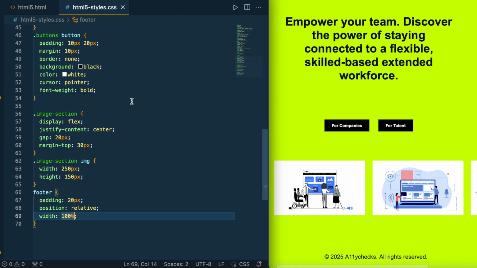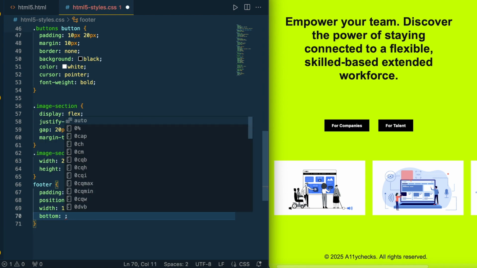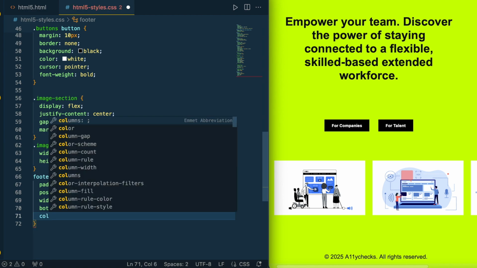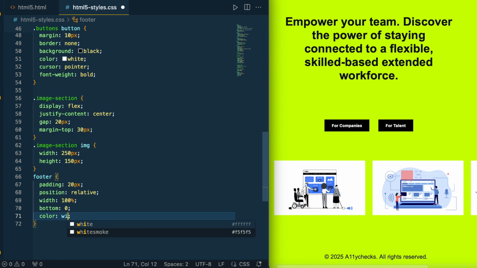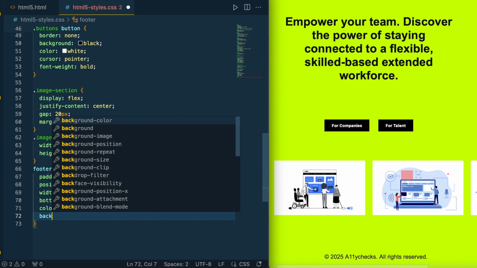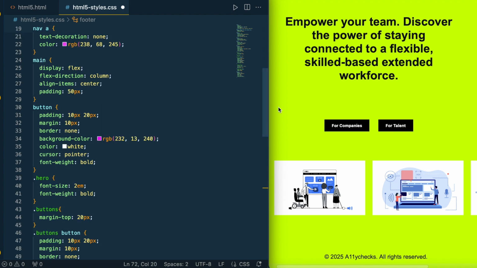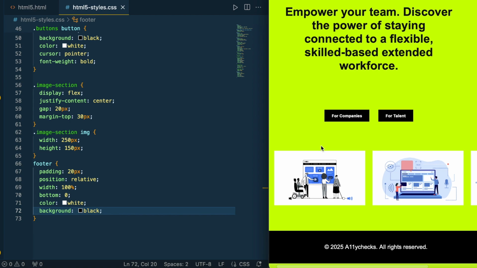Button, from the button we give 0. Color white, and background, let's see, for example, background is, I want to give a black background. So that should show us like this. Alright, so we are done with our